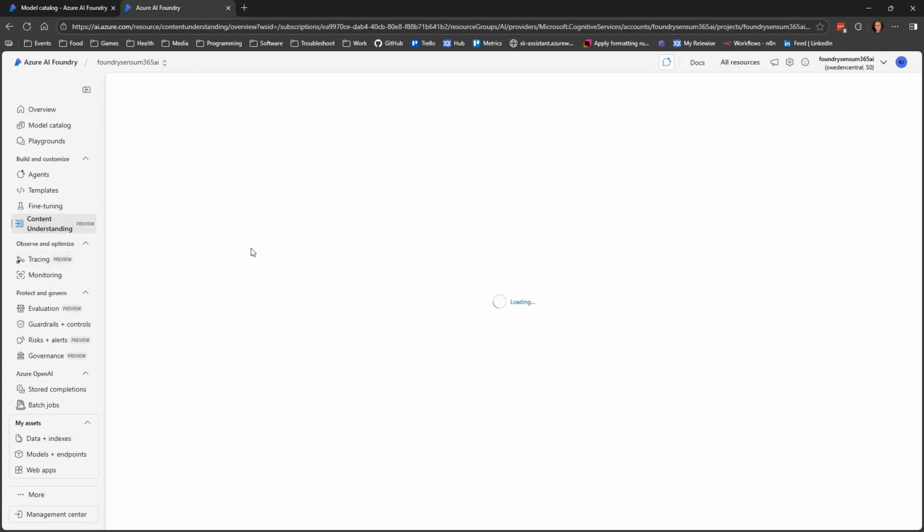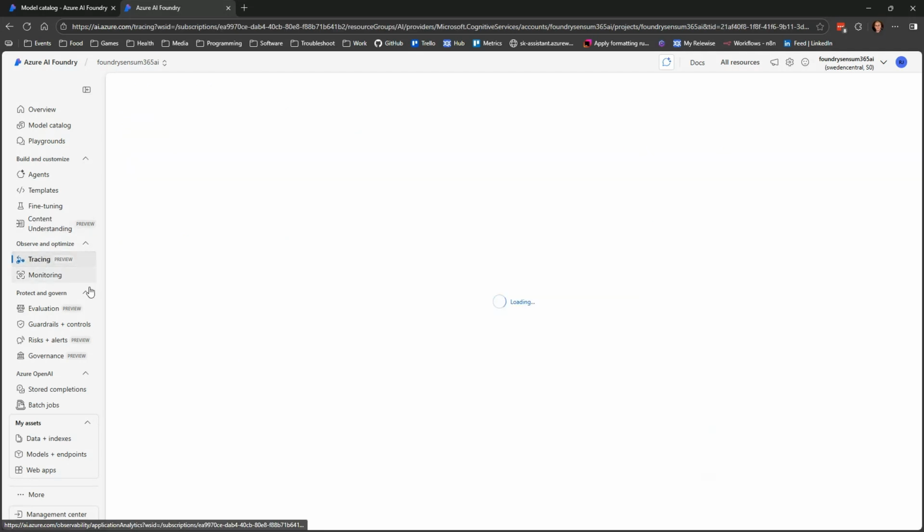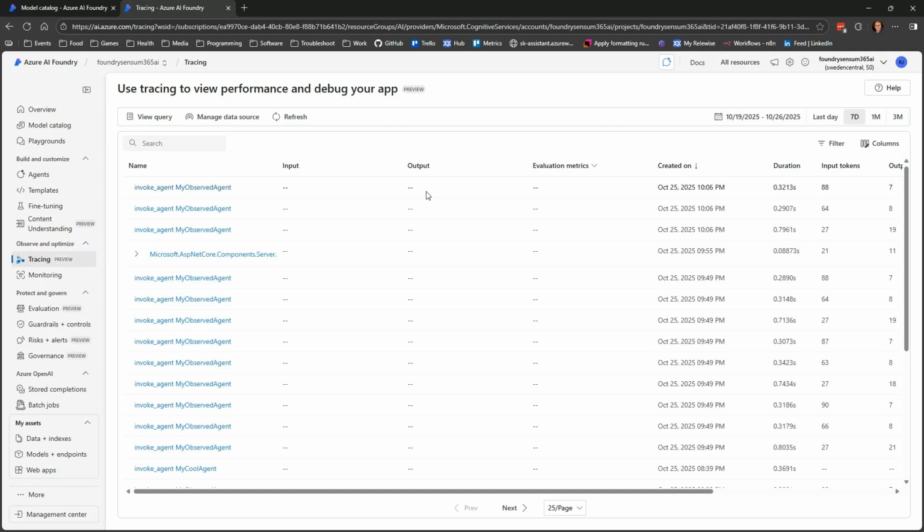Content understanding is OCR, and agentic OCR, where you find files in things. I haven't seen any agent part that can use that yet, but I guess an agent can be hooked up to use this. Then there's tracing, which is where you hook up an application and can use telemetry.